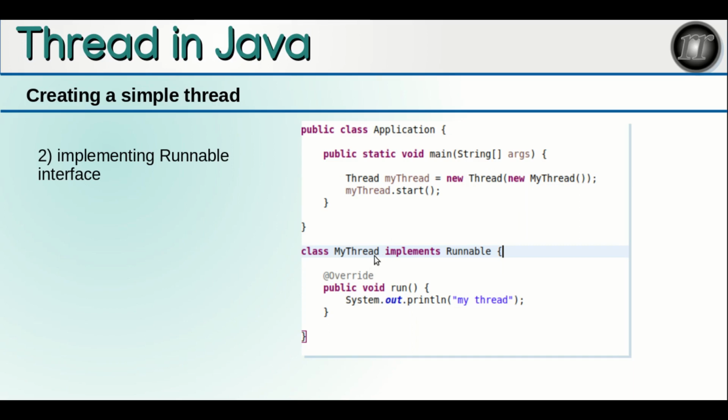So MyThread will be a thread now, but first you will need to instantiate MyThread and pass this object to the Thread class constructor. You can see here, I have passed the MyThread object and started the thread.